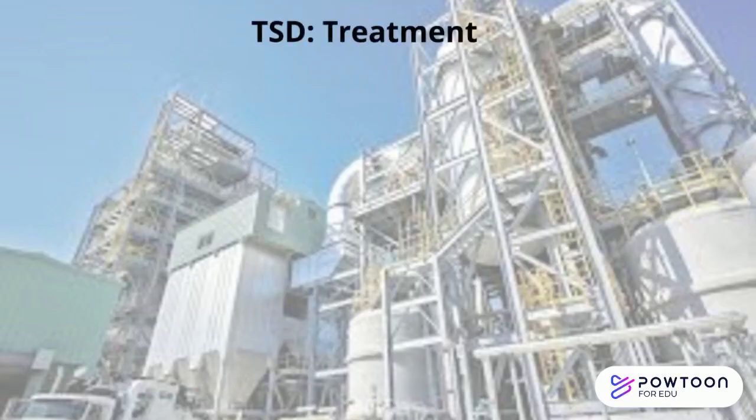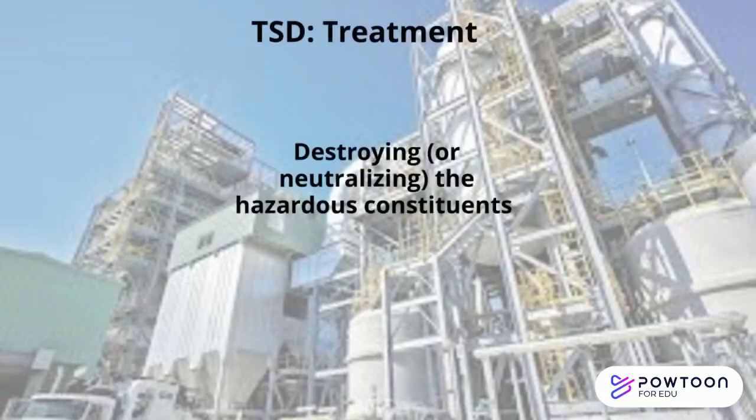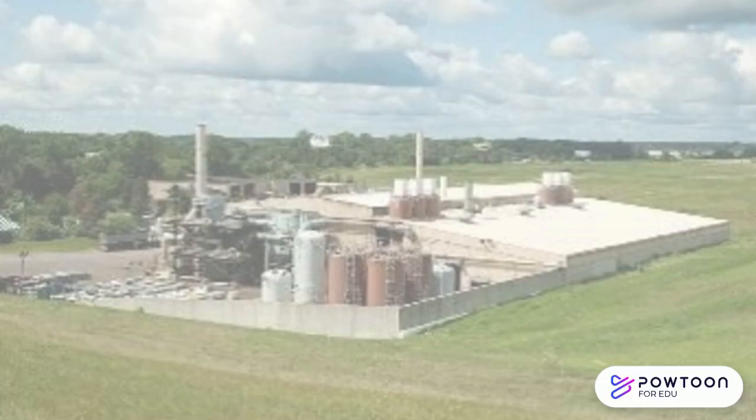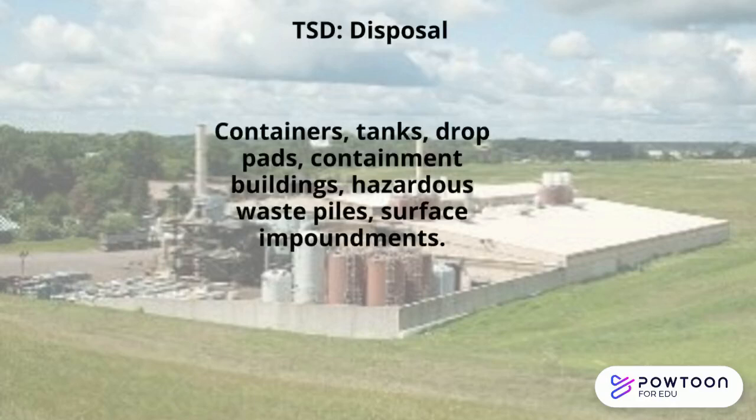Treatment of hazardous waste involves destroying or neutralizing the hazardous constituents so it's no longer hazardous. This might involve incineration or landfills that treat the waste or some kind of chemical or biological treatment. Finally, disposal. This can include disposing of the treated waste in the storage options below if combined with treatment, or if it's a liquid waste, it can be injected underground. While land disposal was banned, EPA does allow land burial if the waste is neutralized beforehand.